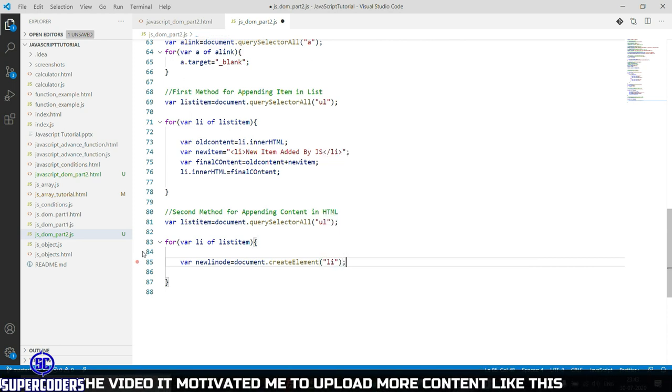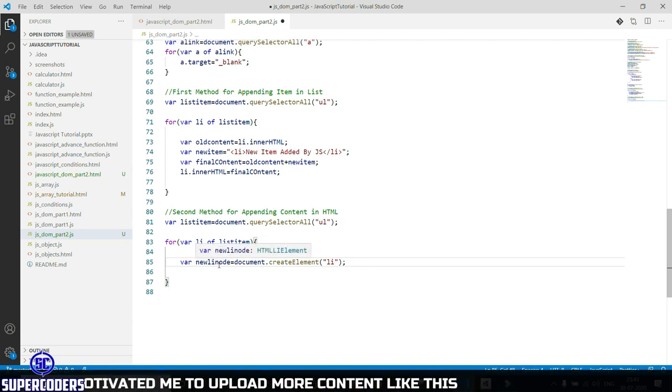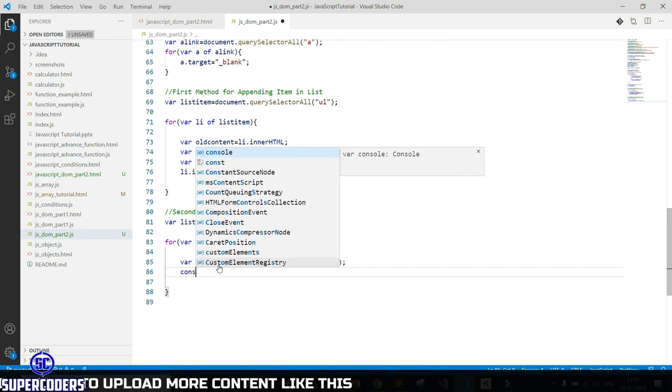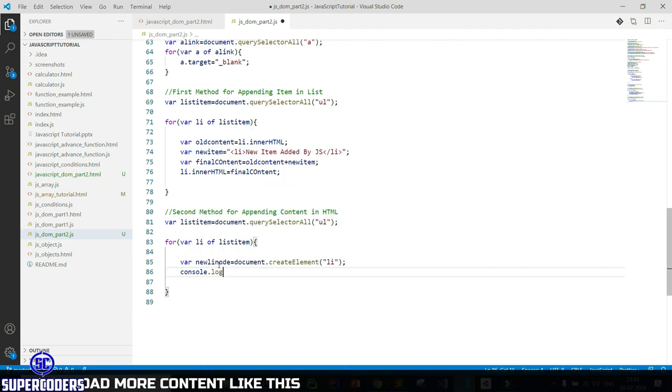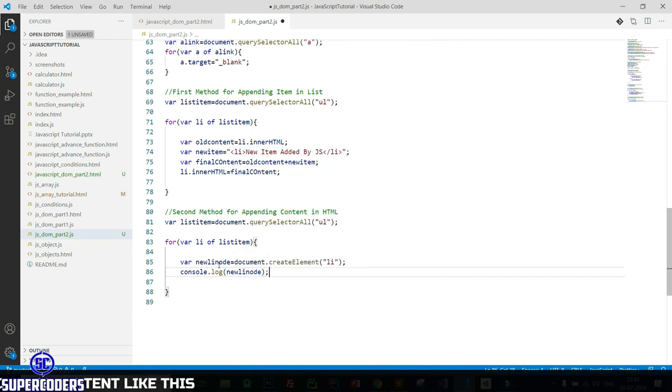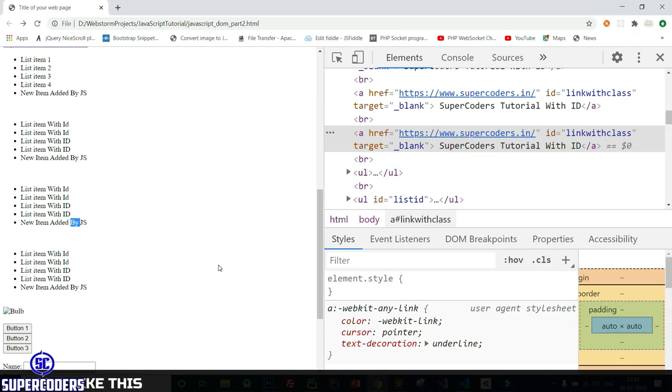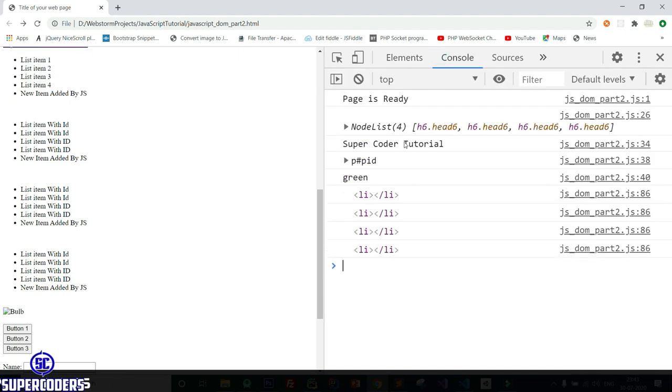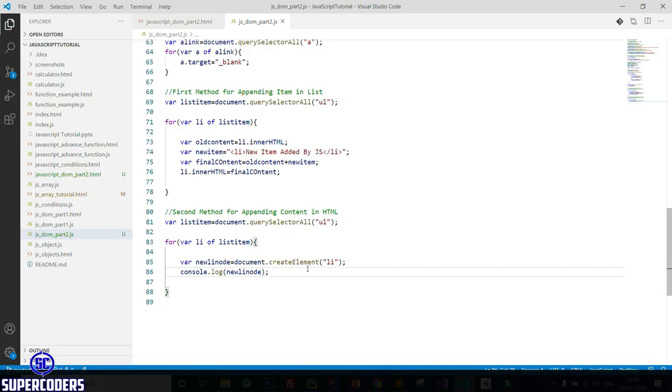In this way you can create an li element in JavaScript. If I print console dot log new li node and run this, you can see it creates a simple li node. So in this way you can create a simple HTML node using JavaScript.